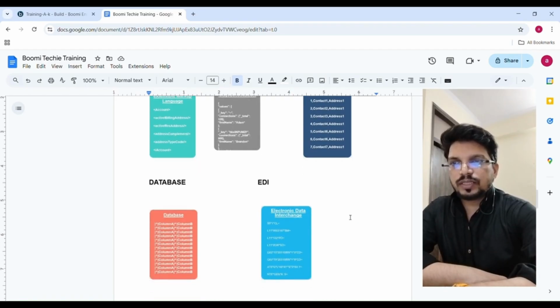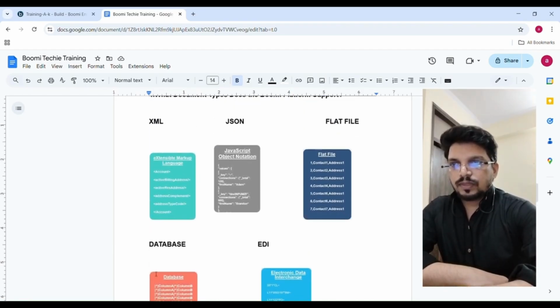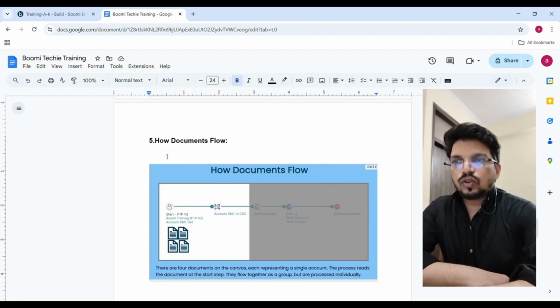ये सोर्स पॉइंट और डेस्टिनेशन पॉइंट इसी में से होना चाहिए। या तो सोर्स पॉइंट एक्सएमएल होगा, या जेसन फॉर्मेट में होगा, या फ्लैट फाइल में होगा, या डेटाबेस या ईडीआई होगा, और डेस्टिनेशन जहाँ पे हम डेटा को सेंड करेंगे वो इन 5 में से ही होना चाहिए। सपोज करो एक्सएमएल फॉर्मेट में हम सोर्स पॉइंट से डेटा गेट कर रहे हैं, बट डेस्टिनेशन पॉइंट पे उसको फ्लैट फाइल चाहिए। तो हम क्या करेंगे, डेटा को मैप कंपोनेंट के थ्रू ट्रांसफॉर्म करेंगे। ये हम अपकमिंग वीडियो में देखेंगे कैसे करते हैं। ठीक है।